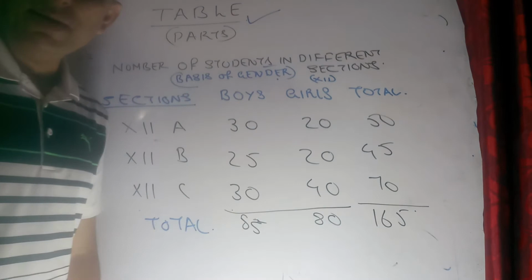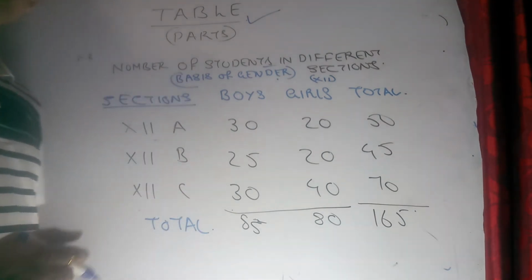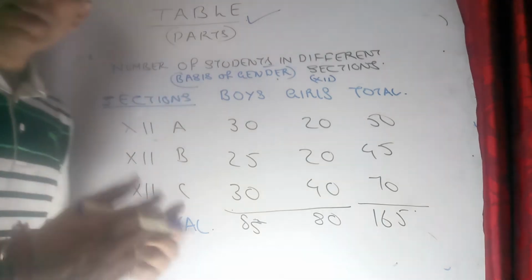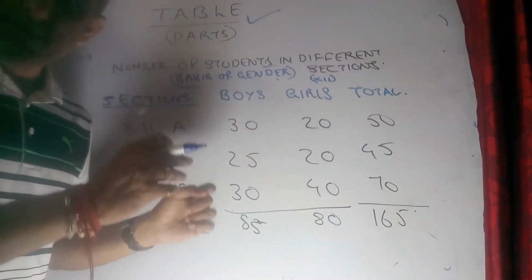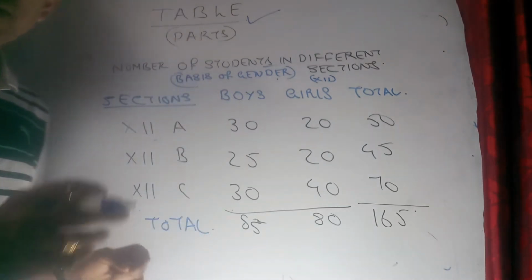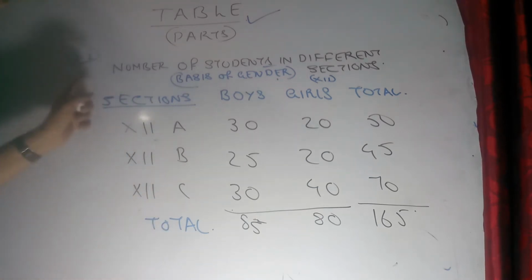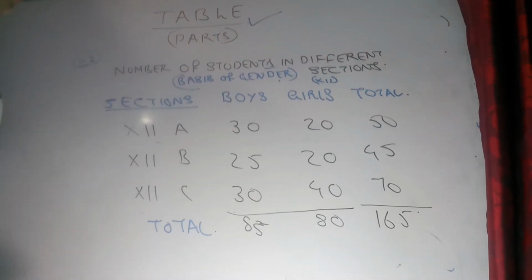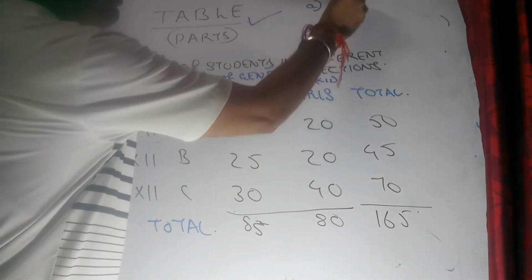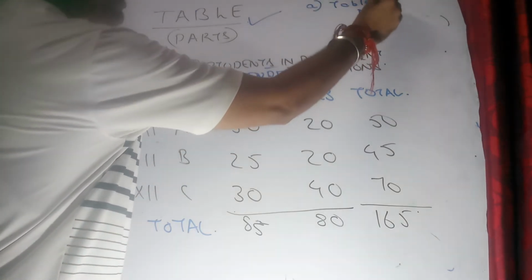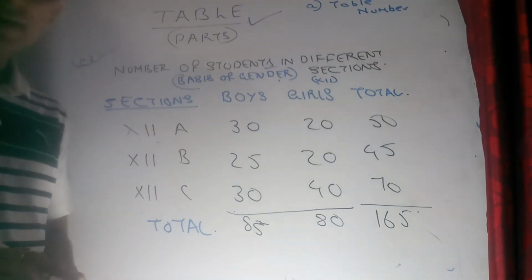Now look into the table. There are various important elements of it. First and foremost, you have to see what the number is. In every book or journal wherein you will find a table, you will first find a reference number with which you can relate the table. Suppose this is written 1.2. That is the table number. Every table has to be assigned a specific number, and we are assigning the number 1.2 to our table.